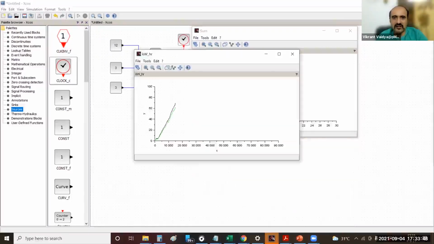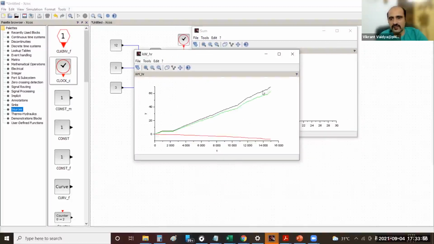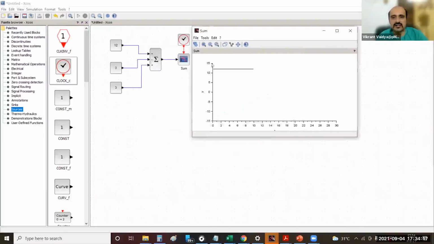This is basically battery energy. I have plotted this region energy in red, the energy that is taken out of the battery in black, and the total energy, which will be black minus red, is the green one. So you can plot different colors also. You can even put dotted lines and all that. That you have to do by going into the C-scope and actually changing the color number there. So right now, let's not get into that. Just to tell you that you can actually do these things.